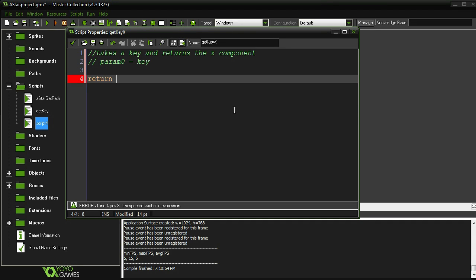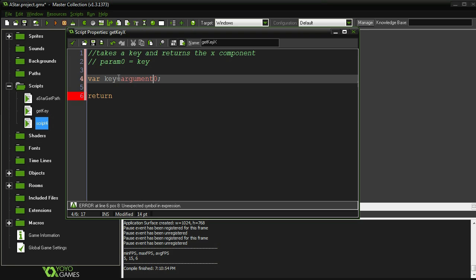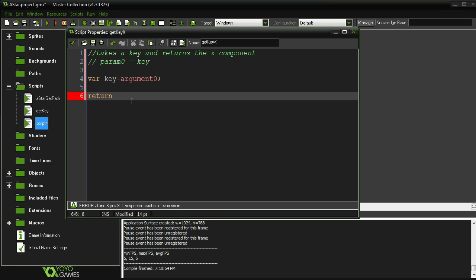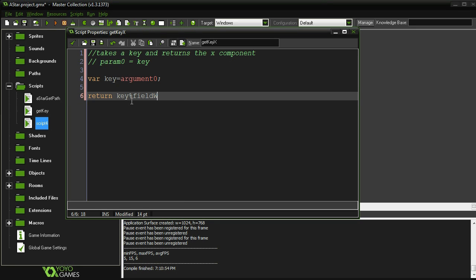First, my bad, I've got to store this argument. I forgot to do that earlier. var key is equal to argument 0. Now I have the key, and then I'm going to say key percent field width. In our example, 8 corresponds to the field width, so that's how this works. Percent, which is the same as mod, gives the remainder